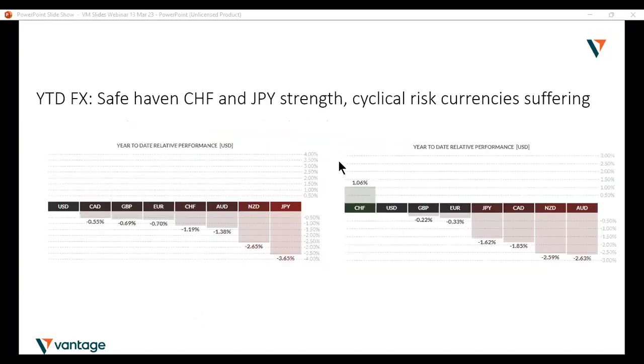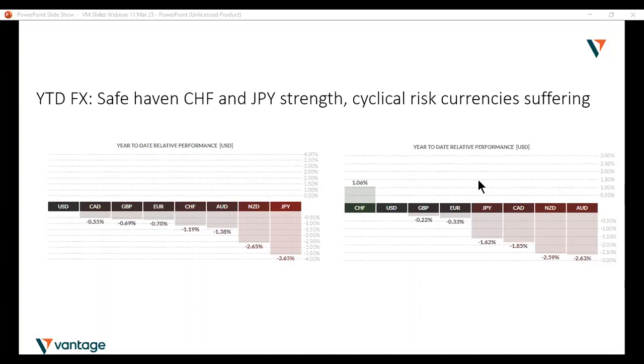For FX, we've introduced this chart over the last few weeks now. You can see on the left-hand side, that was last week's year-to-date performance in the major currencies. On the right-hand side, that is just a snapshot from a few minutes ago. So we can see, of course, this is the first major US financial crisis since 2008. The collapse of SVB, so Silicon Valley Bank, second biggest bank failure in US history actually now. And that has really caused